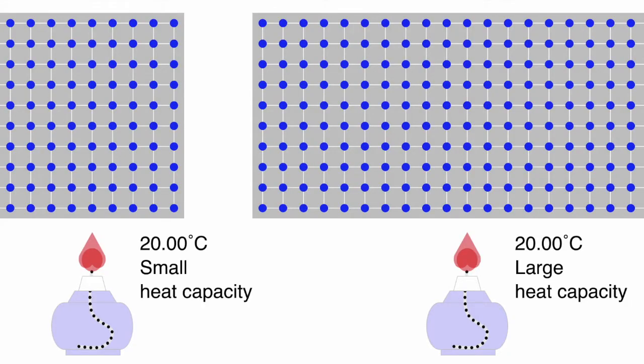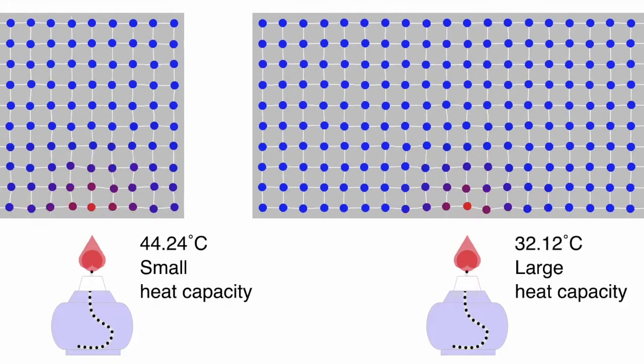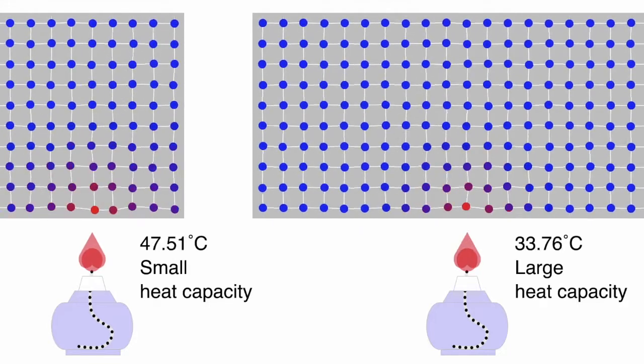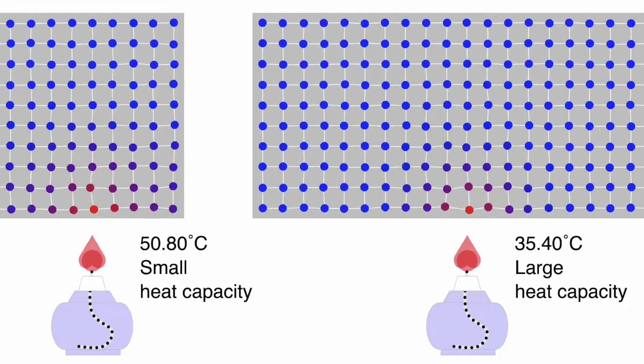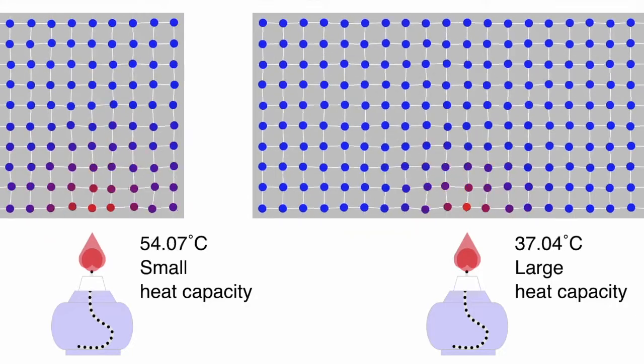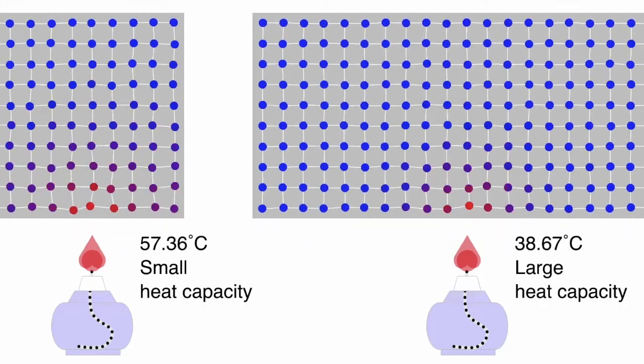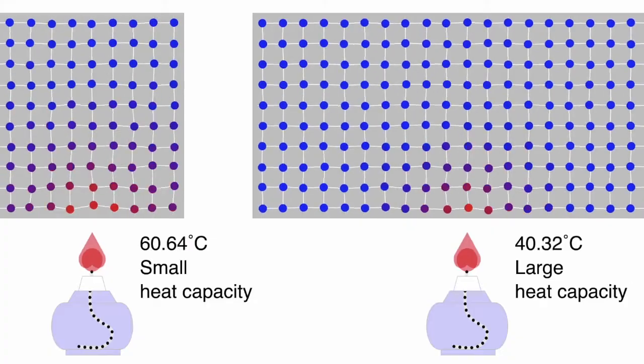Here's a simulation that illustrates this. We have 2 pieces, let's say they're of metal, and the lamps underneath them are giving off the same amount of energy at the same rate. We can see that the smaller sample on our left is heating up more quickly than the one on the right is. Because it is smaller, it has a lower heat capacity, and it takes less heat to raise its